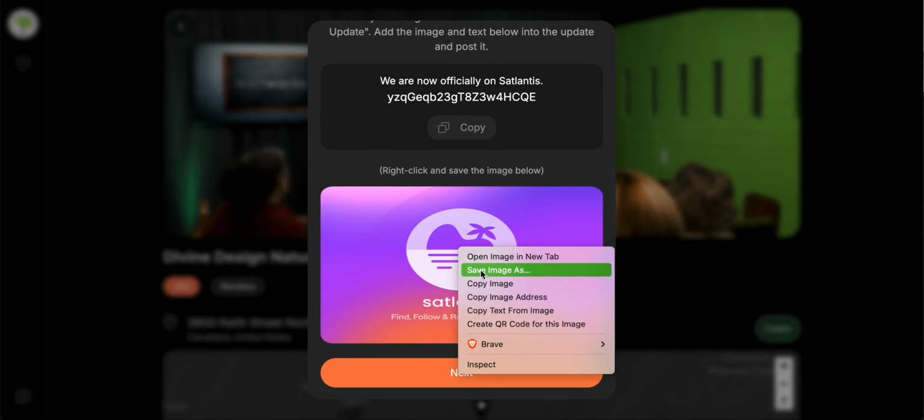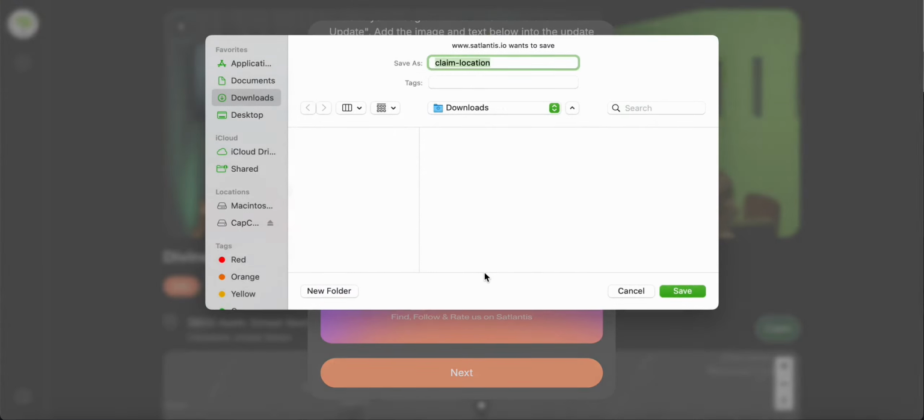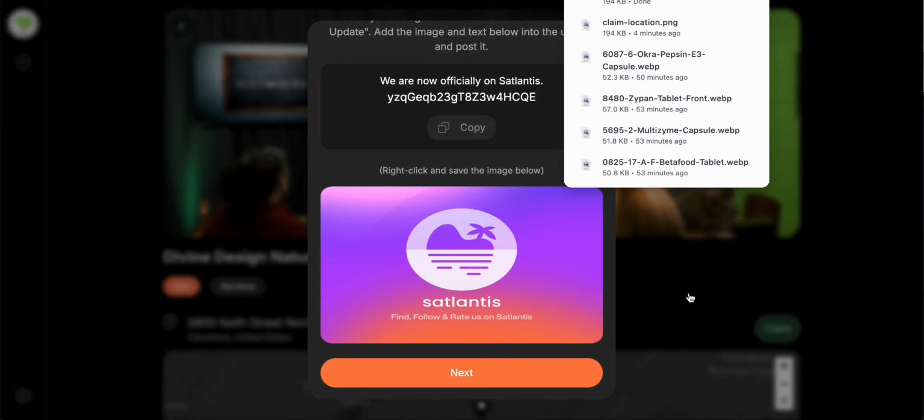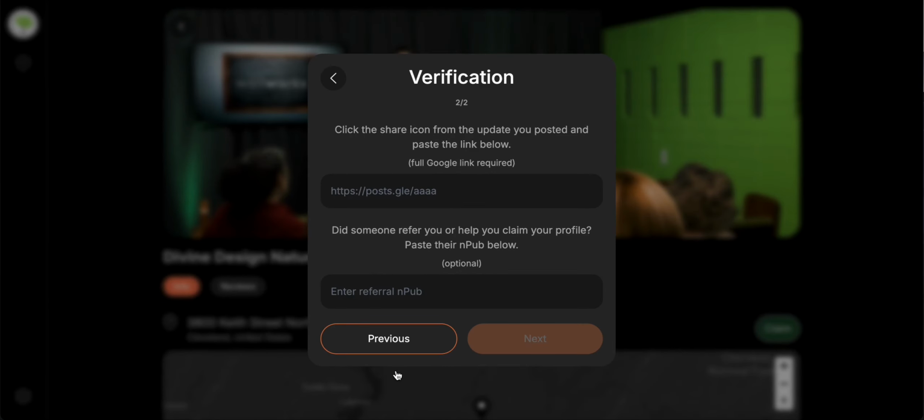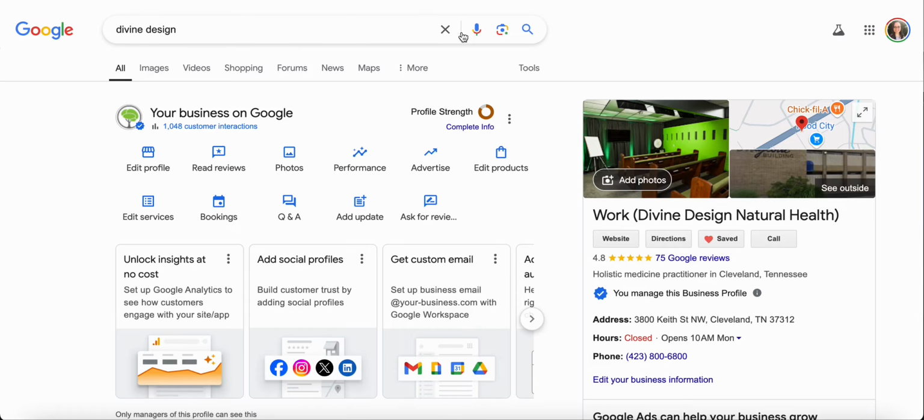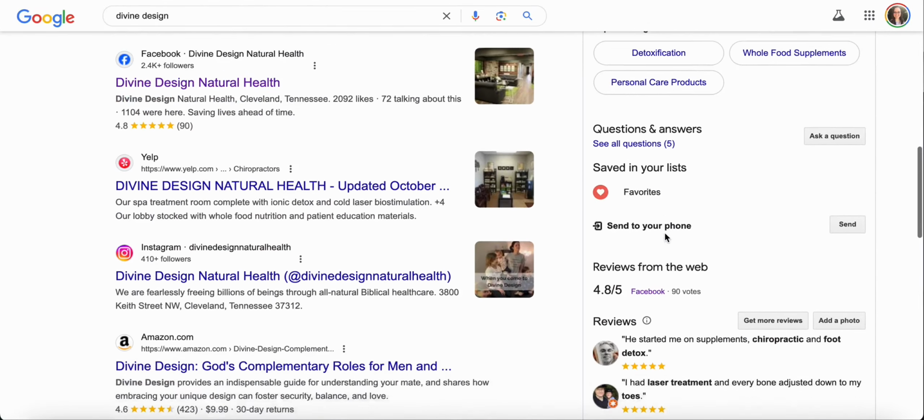As you go through this process, you'll need to be logged into your business's Google account, where you will post the text you just copied, along with the image you just saved. Once I've done that, I'll share the link to it here on this screen. So let's go to a different tab, where I've searched for Divine Design through its admin account, scroll down, and